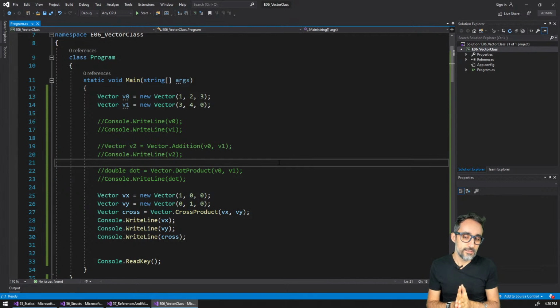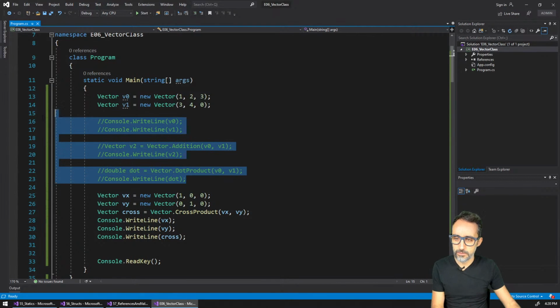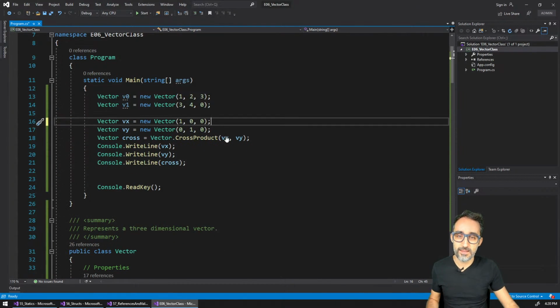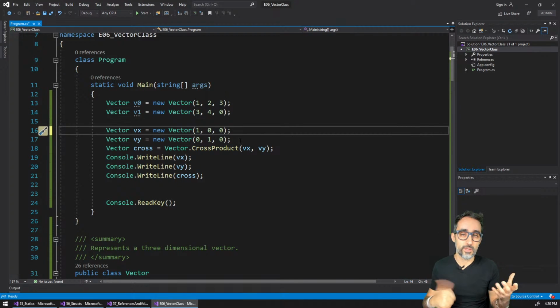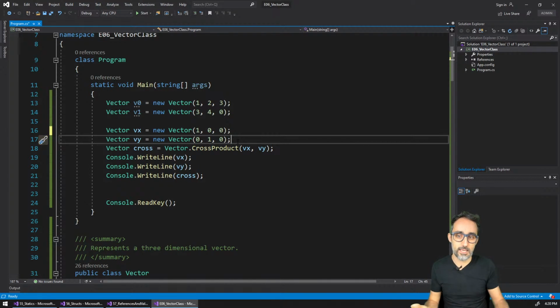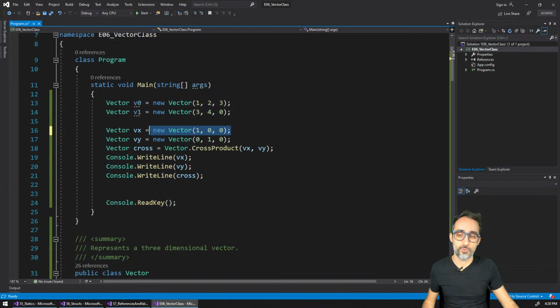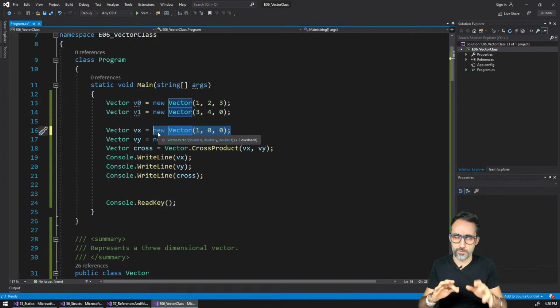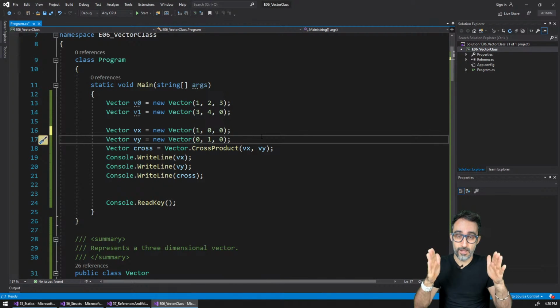Now, this is actually a very interesting example. I'm going to clear all this up because something that is also super common when working with vector algebra is needing to generate unit vectors in the x direction, the y direction, and the z direction to do simple operations like these ones. So instead of having to type in new vector 1, 0, 0, 1, 0, 1, whatever, a very common thing to do is, and we're starting to get into the advanced ways,